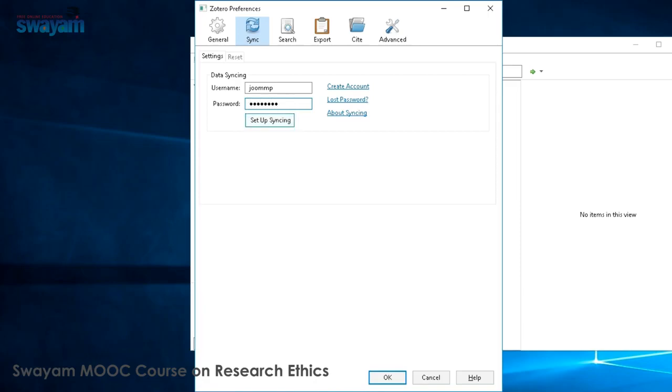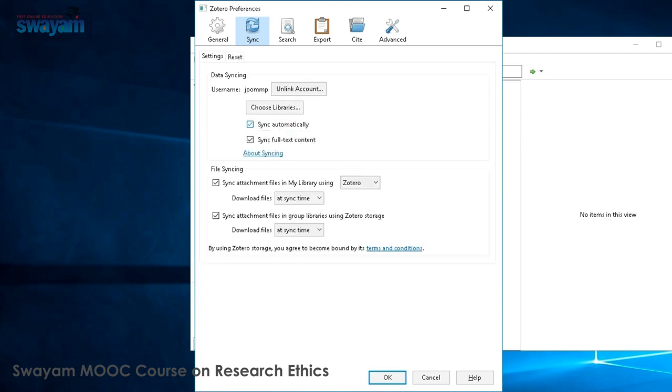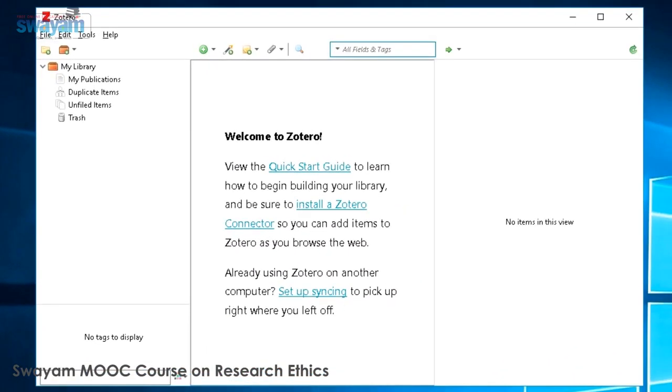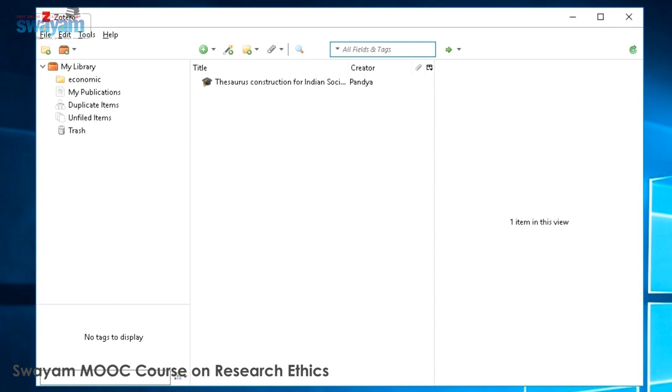Click on setup sync. If details are correct, you will get this screen. Once it is done, you can say OK. These are certain settings which are related to synchronization. Just click on OK and then click on the synchronization button. Whatever things we have downloaded or entered in the online web account of Zotero, that will be available here after executing this command. So now you can see here whatever we had entered in our online account, that has come here